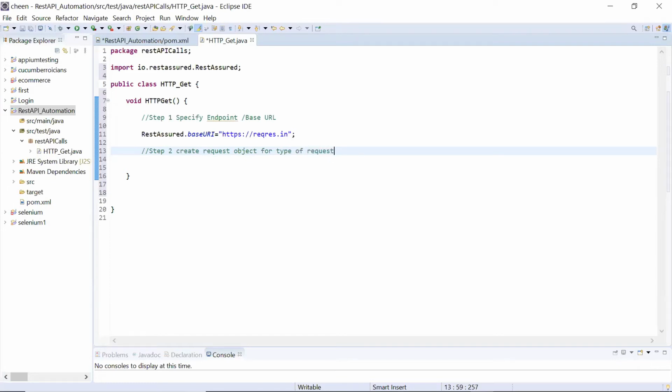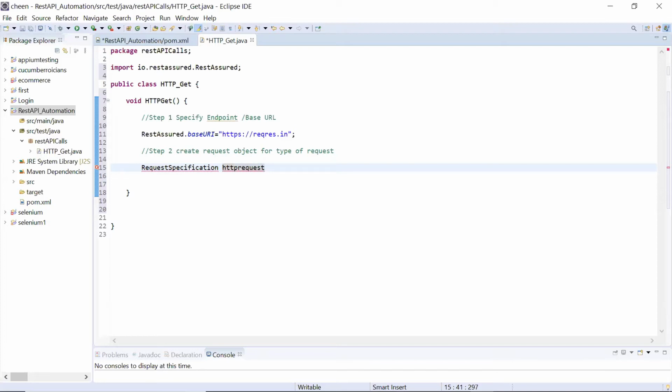Now how do we create it? Let's see that. For that, we will first write RequestSpecification. It is case sensitive, guys, so you will write it in the same case. And here you can pass any variable name. I'm just writing the variable name as httpRequest.